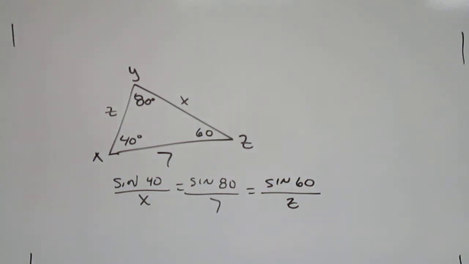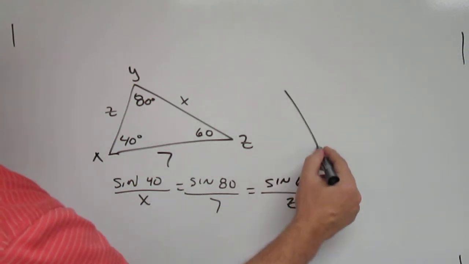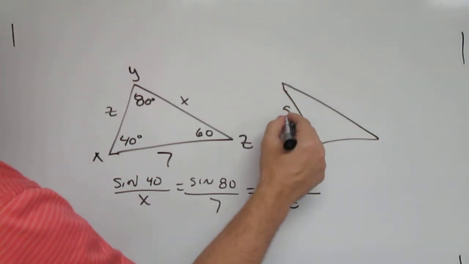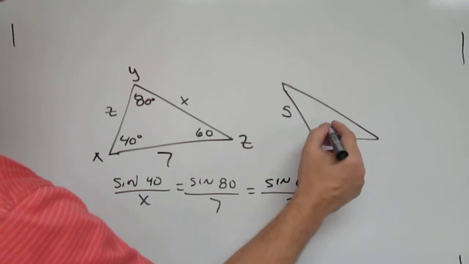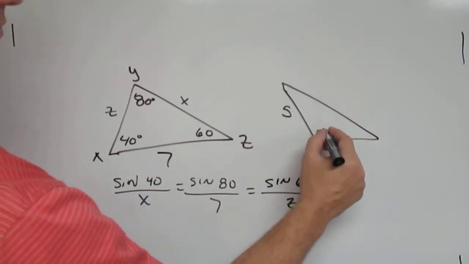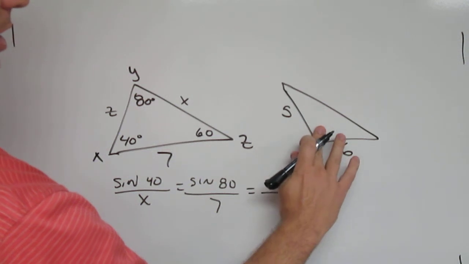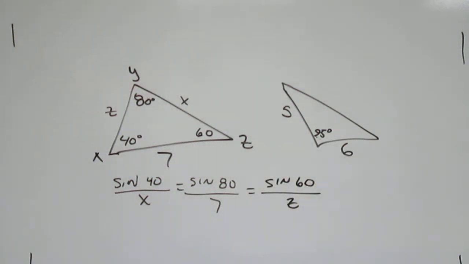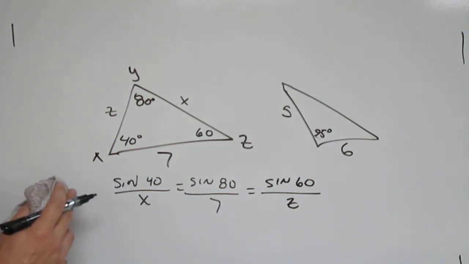Now, there is a case, though, that's a little bit more challenging. Well, there's one case. First, let me cover the case that can't be done. If I were to take a triangle and say that, let's see, this side is 5, this side is 6, and this angle is, well, let me go higher than that, 95 degrees. That's not going to be able to give us an answer because when I set it up,